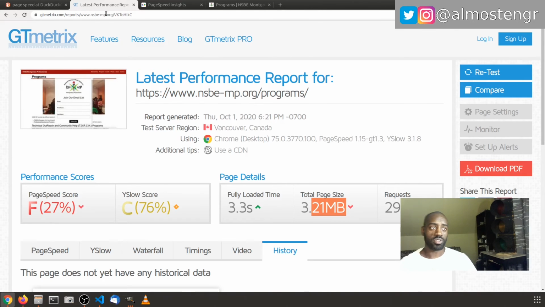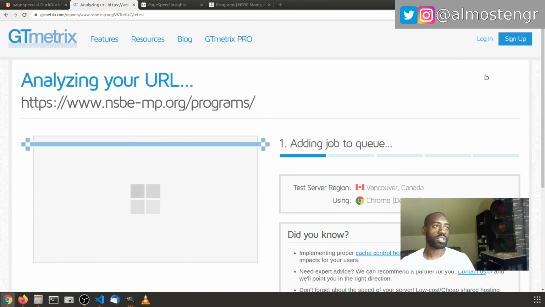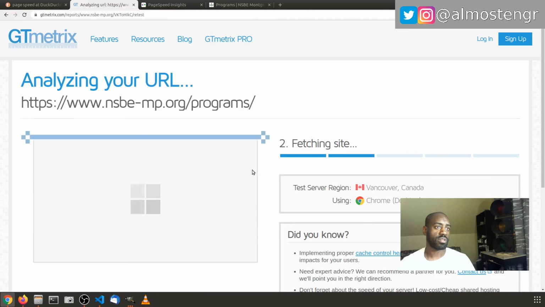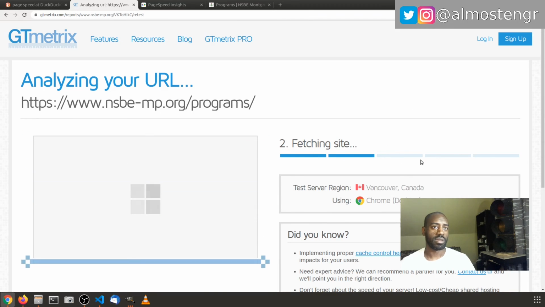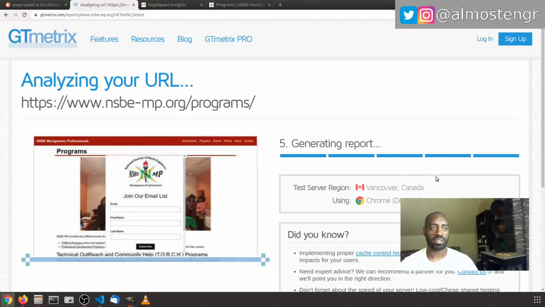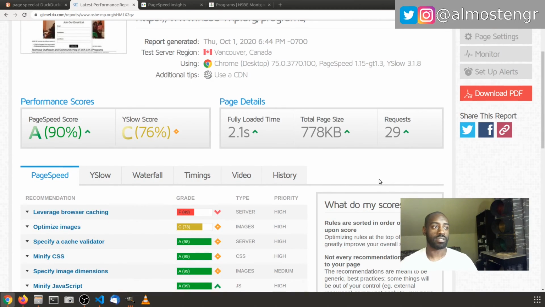As you see, it shows you other ways that it can be done. So now I'm going to rerun the GTmetrix test. I think the GTmetrix one does a little bit more analysis than the page speed does. It definitely gives you more data than just the Google page speed. All right, so